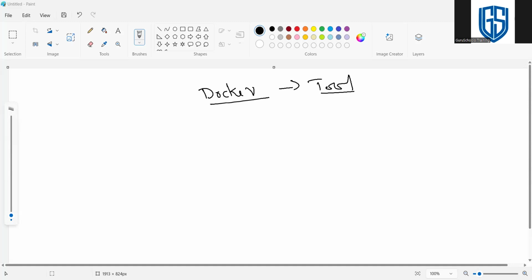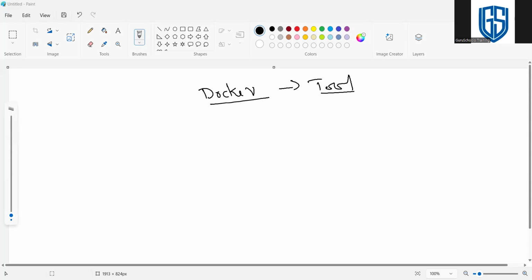So for example, if we need to run an application, that application needs some prerequisites like the application dependencies, libraries, and framework. So all things are wrapped up within a container, and that container will run the application. So we don't bother about any other services or frameworks or dependencies. We only bother about the corresponding application, dependencies, packages, and framework. Those are all the things that we need to bother about. Okay.